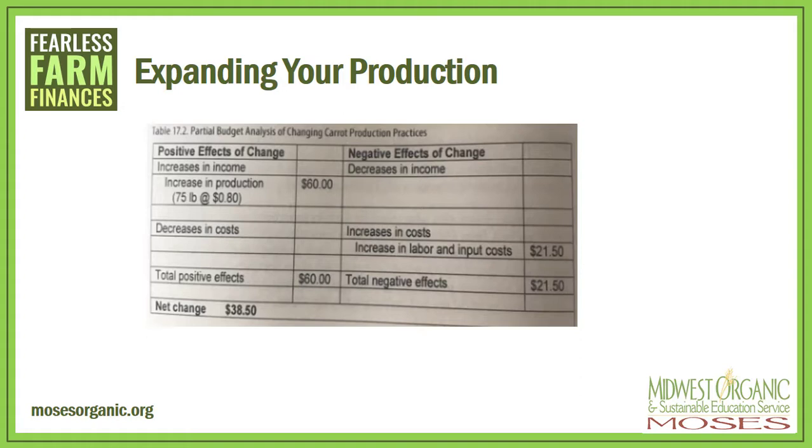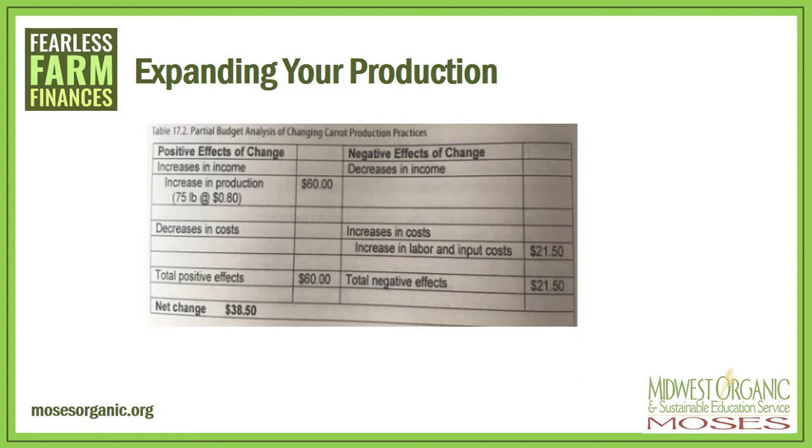So you'll notice on the positive effects, increase in income, we add that line. Given your current sales price of 80 cents per pound, that means revenue would increase $60 per bed. However, let's look on the negative side. Seed, other crop inputs, and labor are estimated to also increase $21.50 per bed. So the total positive effects of $60 per bed still outweigh the increase in negative effects of $21.50 per bed,